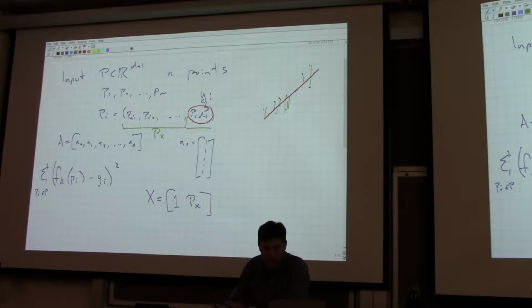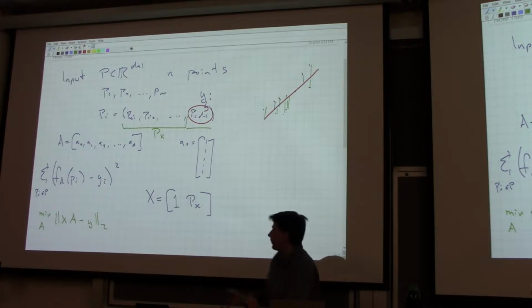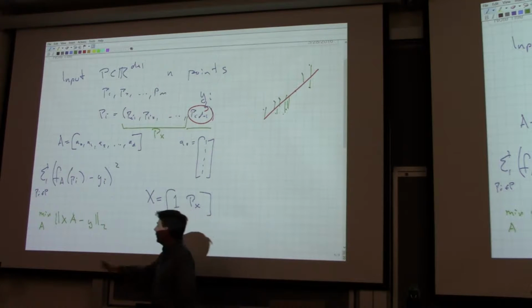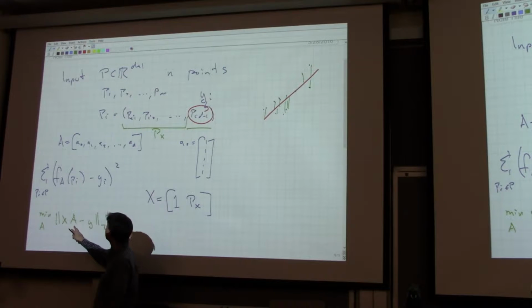And so now this expression is going to try and find the minimum over a,